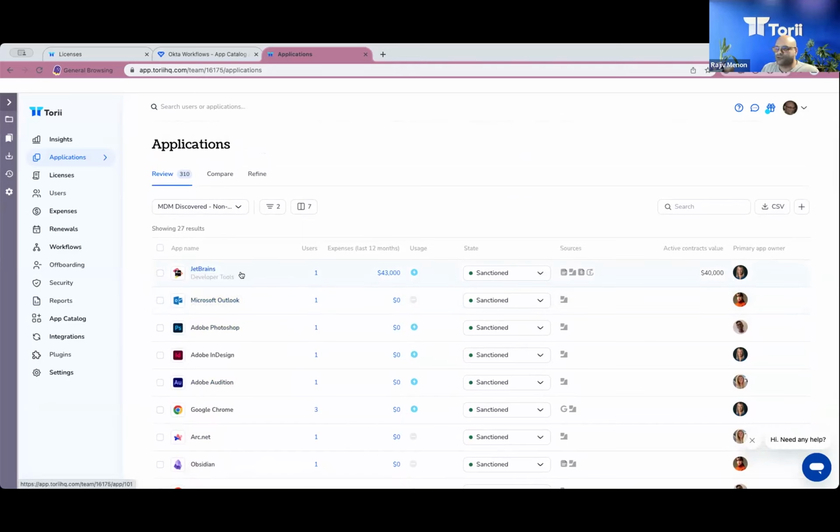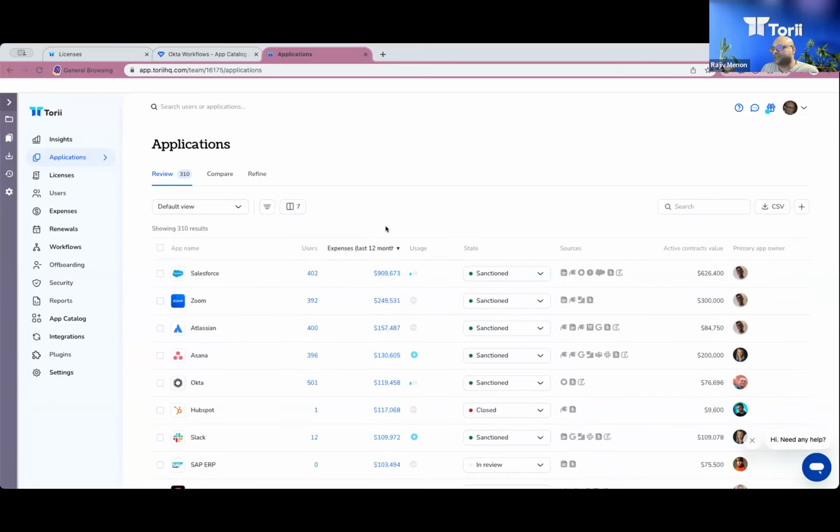Now, we're able to wrap all these up in a workflow so that we can proactively get identified and notify the Okta and relevant security teams to streamline the process on how we get these applications in, to more effectively manage our SaaS stack. So we're going to drill into one of these applications,